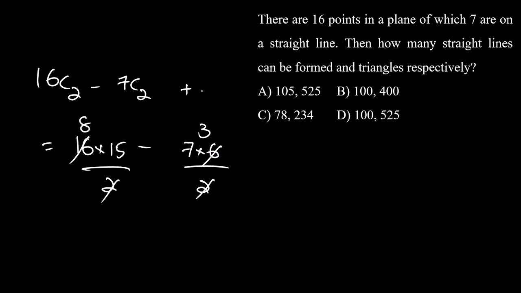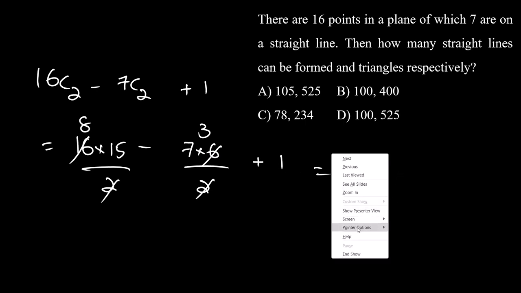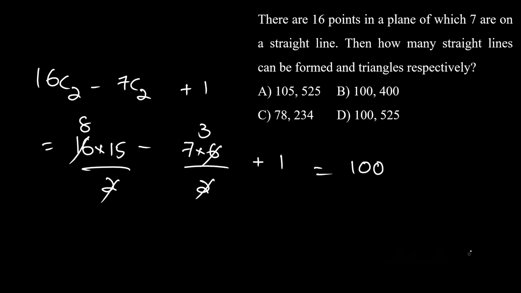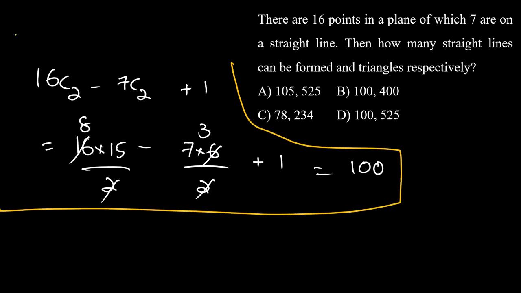Plus 1 also there, right? That plus 1 is going to help you a lot. Plus 1 is important, because all 7 collinear points will form one straight line. Second one,